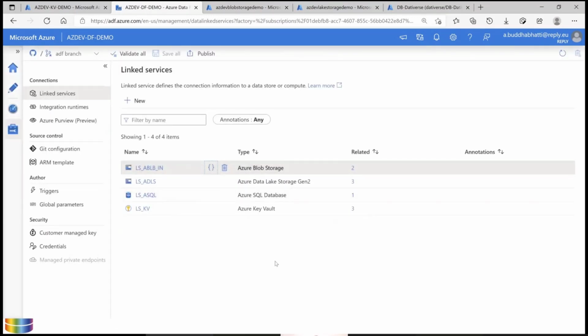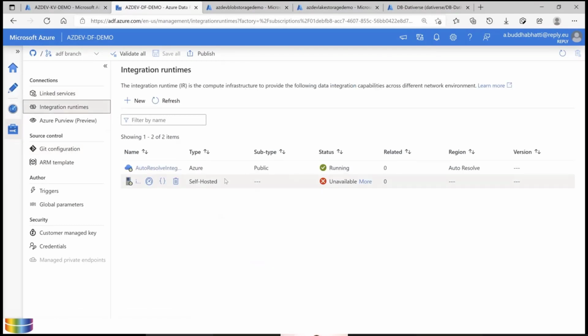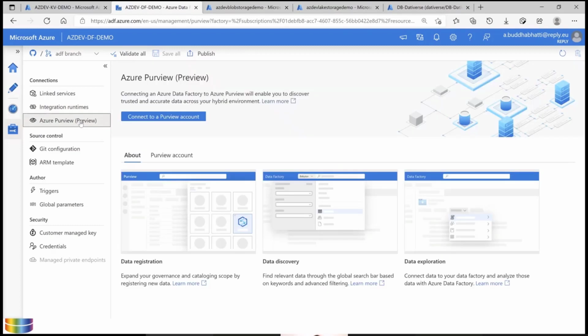So that is a linked service, and here you can see your integration runtime, and you can manage it as well. You can add a new integration runtime. Purview helps you provide the lineage flow of your particular activity or pipeline. It will help you see which particular columns are coming from which file or table for your sink or source, and vice versa. So this gives you a very good lineage preview of any particular task.